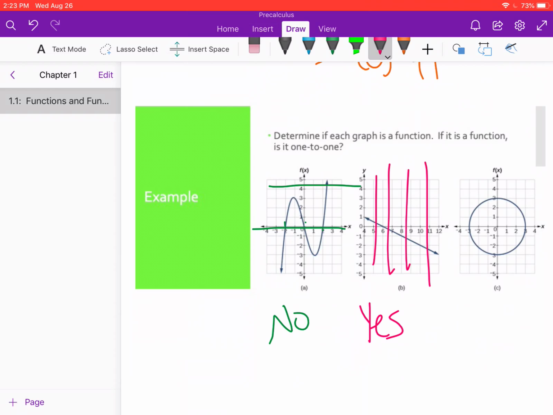Last but not least, the circle. Let's see if we're drawing any vertical lines here. Notice that it doesn't pass the vertical line test, so this one is not a function. If you determine that it's not a function, one-to-one is irrelevant, so you can just move on to the next problem. So, vertical line test to see if it's a